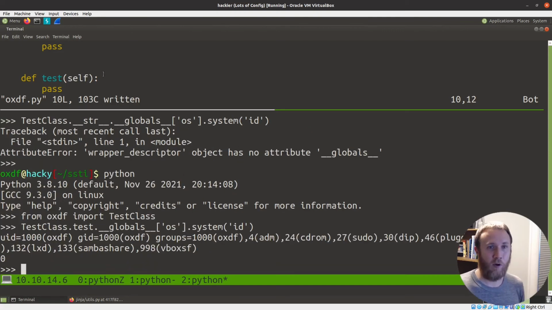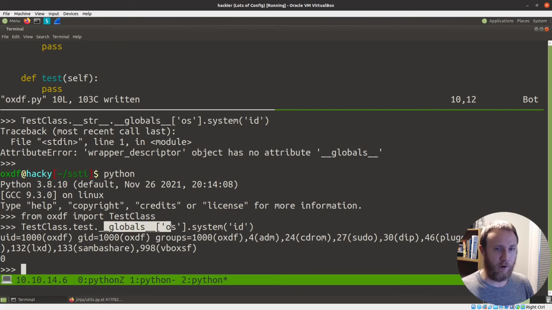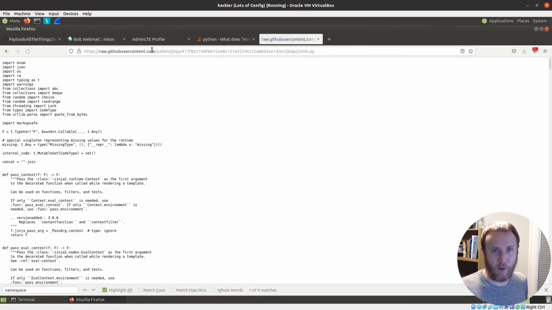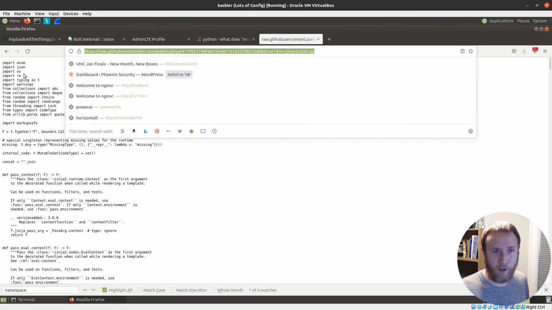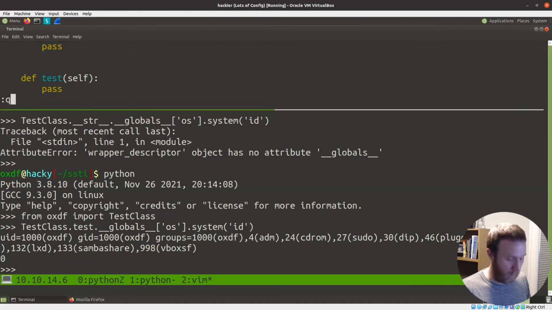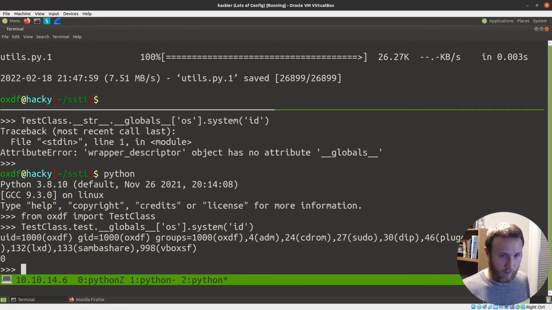So basically, as long as we can get a hold of any function that is within this method, we can now get the globals object and then pull out whatever imports it has available to it. And so because we know that this function right here has imports of OS, we can now abuse that. So we could do this real quick. I could grab this utils.py because it doesn't look like it's importing anything else. So let's do that. If we come up here and we wget that,